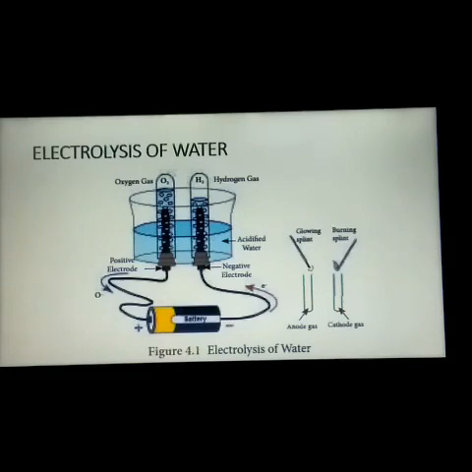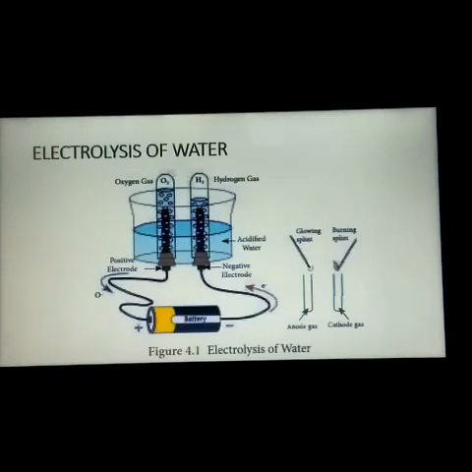The electrodes are connected to a battery and current is passed until the test tubes are filled with a particular gas, and if the gas collected is tested using a burning splint, we can notice that this gas on the cathode side burns with a puffing sound when the burning splint is brought near the mouth of the test tube, and this property is usually shown by hydrogen gas, and so it is confirmed that the gas inside the test tube is hydrogen. The burning splint placed near the anode side burns more brightly, confirming that it is oxygen